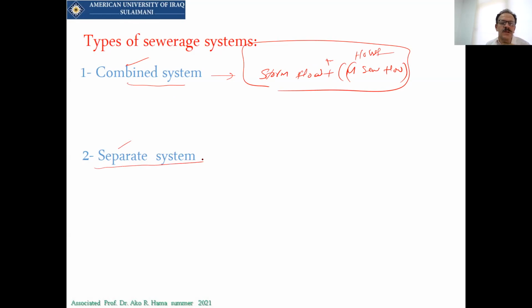While we have separate, now for alluvial, it should be a separate system. The separate system means that for the flow of the storms, we should have a certain pipe.